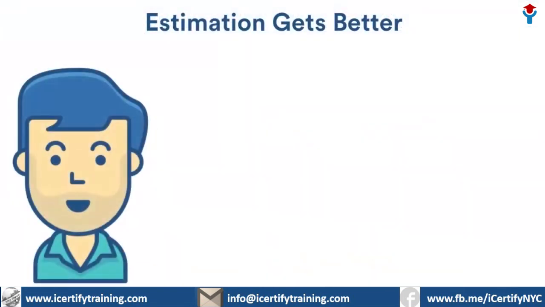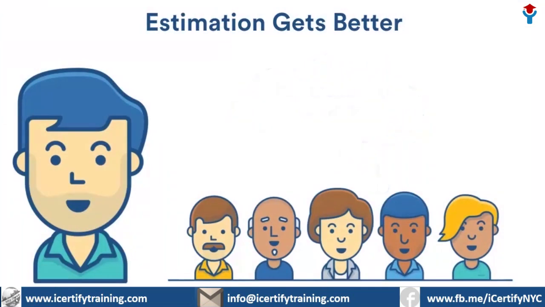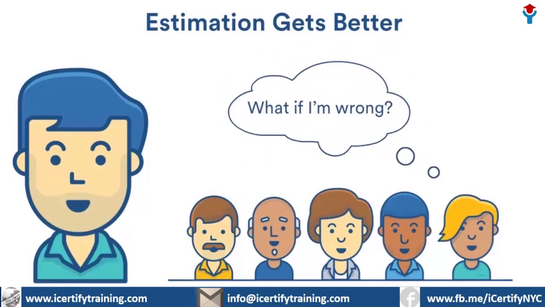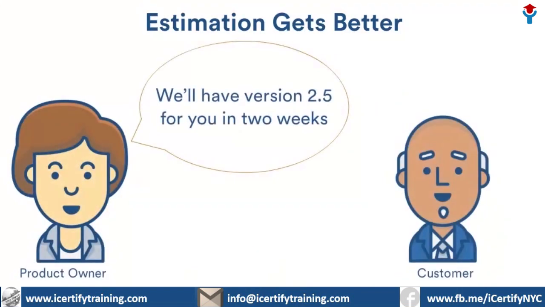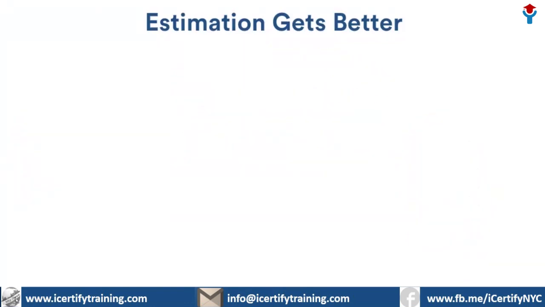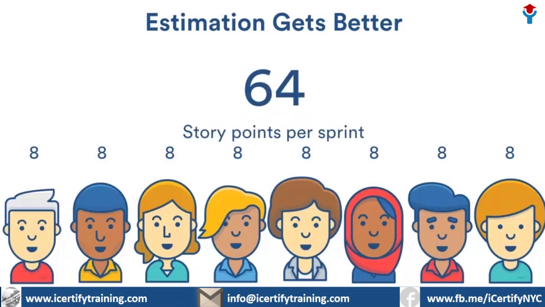So why consider estimation? Estimating issues accurately is important because a team needs to be able to select a doable number of issues to complete in a sprint. Estimation helps prevent teams from overcommitting and not being able to complete the work. Accurate estimations help product owners to maintain delivery expectations with their stakeholders. Let me give you an example. The team agrees on how much work they can accomplish in a sprint. For this team of 8 members, they know that the total number of story points they can collectively complete is about 64. So, they select issues from the product backlog that add up to a total effort of about 64